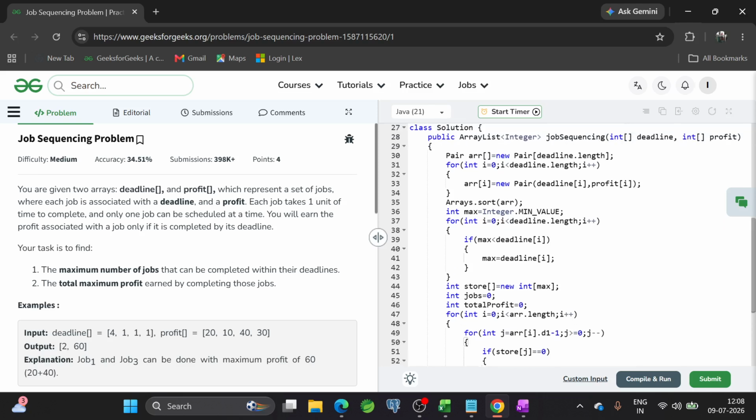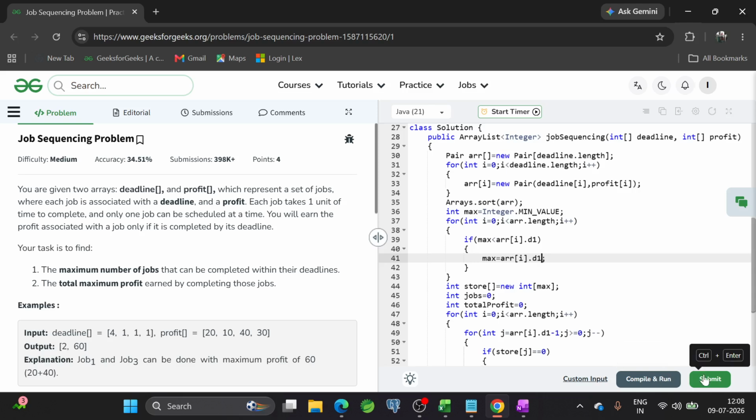So wait a minute, Arrays.sort(arr), or we can do it like this. Let me try arr.length. Okay, in maximum, if arr of i.d1 is greater, then I will put here arr of i.d1.